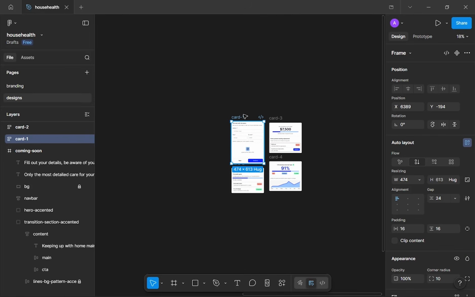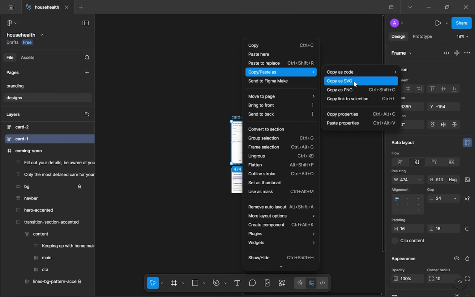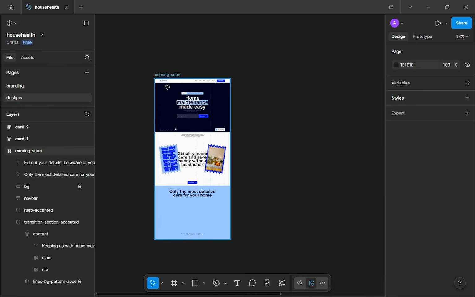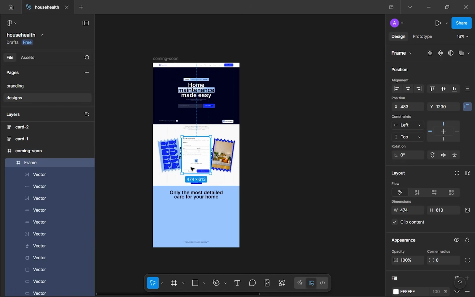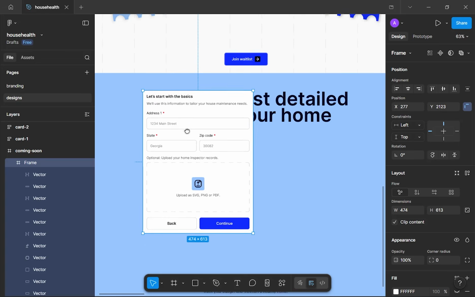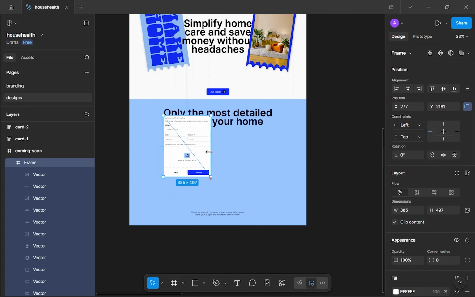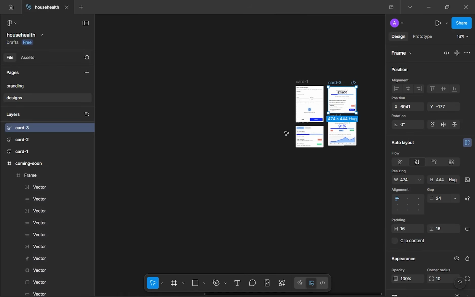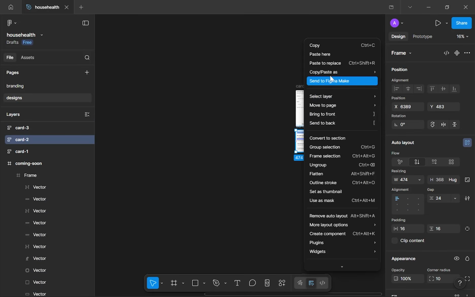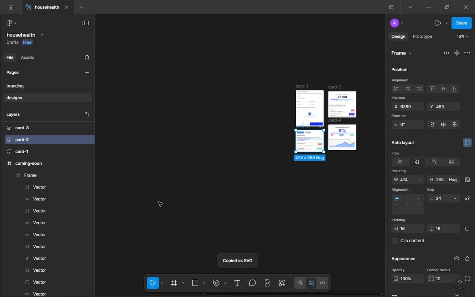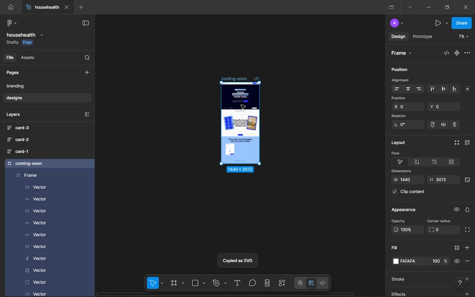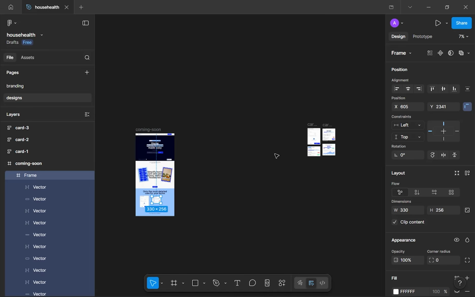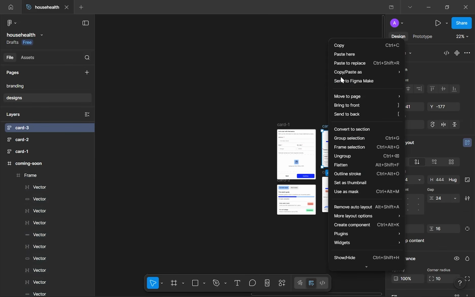I will be copying this as an SVG so that it becomes easier for me to work with, and I'm going to paste it here. Okay, I want to decrease the size. Let me just copy this as well as an SVG and come here, paste it, reduce the size, and bring it over here. Again, for the third card, I want to do this as an SVG